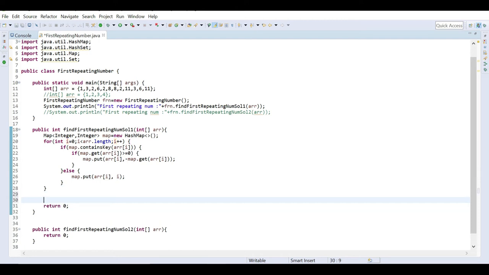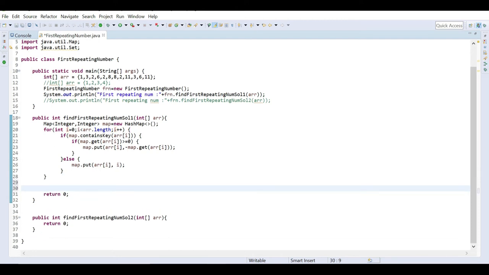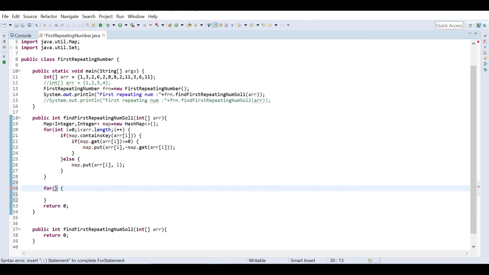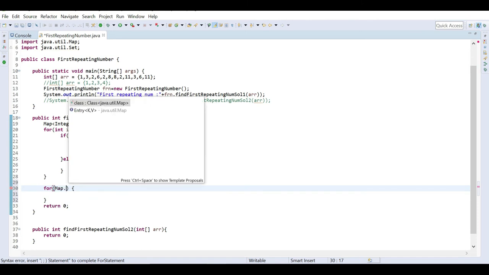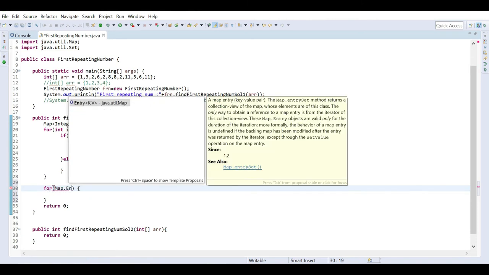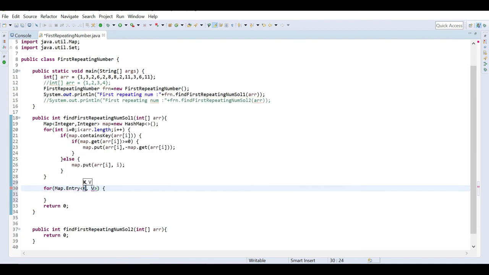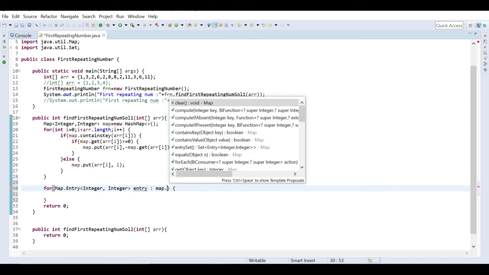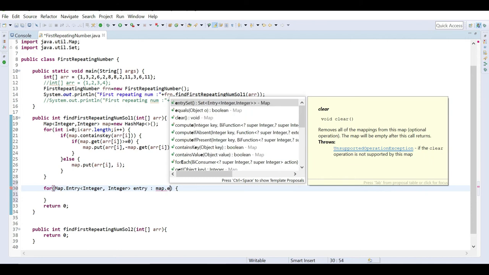Then how do we get the result? For getting the result, we have to iterate through the map. So we can do Map dot Entry of integer, integer, take the entry in map dot entry set.